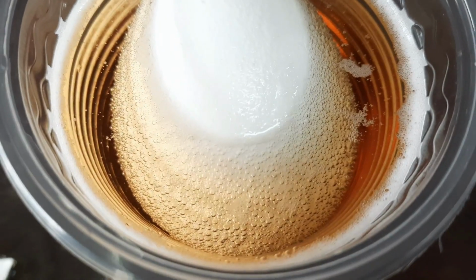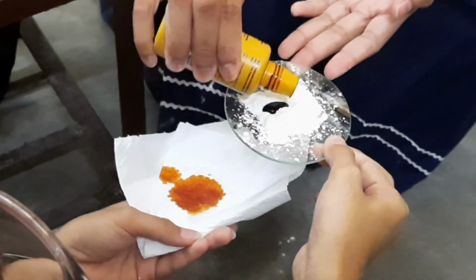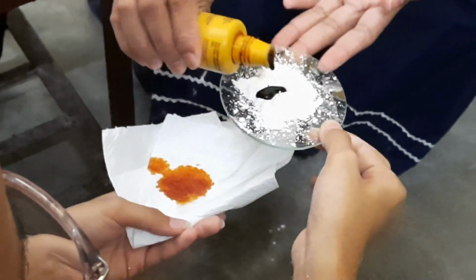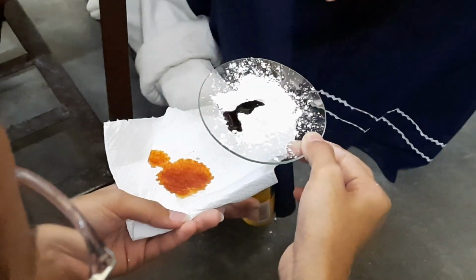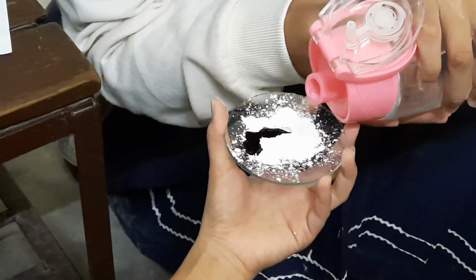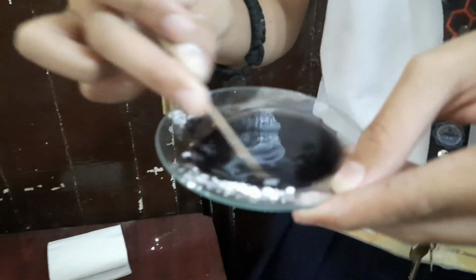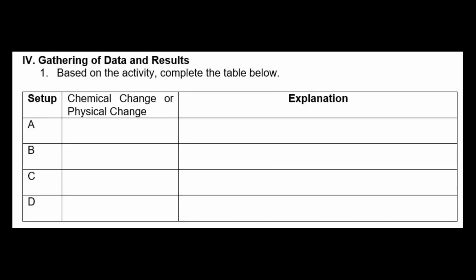And for set D, place a small amount of cornstarch in the watch glass. Add a small drop of iodine solution to the cornstarch powder and put a little amount of water on it. Record your observations. And after performing this activity for the gathering of data and results based on the activity, the students